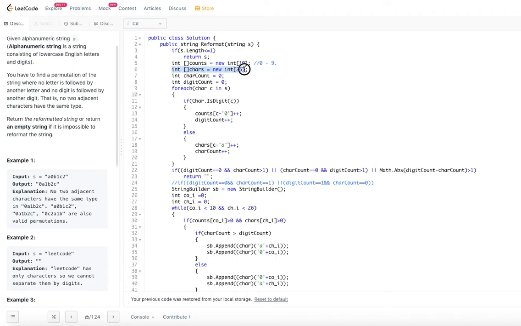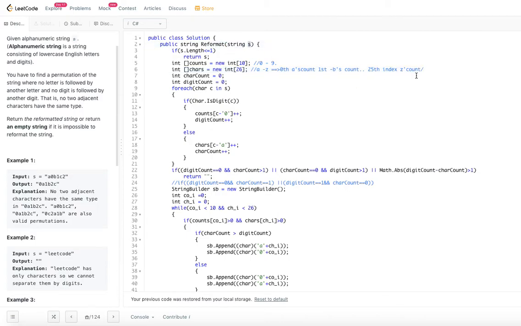And chars has 26, which is basically A to Z. We were given the description that all are lowercase English characters, so there are only 26 of them. The 0th index will have A's count, the first index will have B's count, and likewise the 25th index has Z's count, how many times Z appeared in the string S.